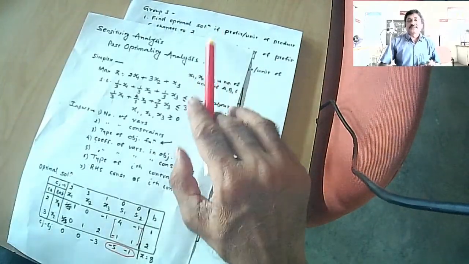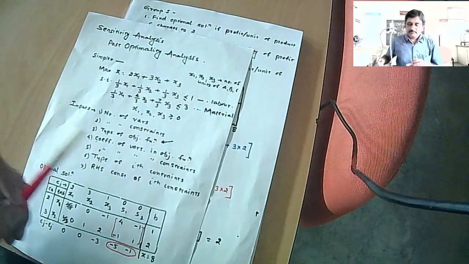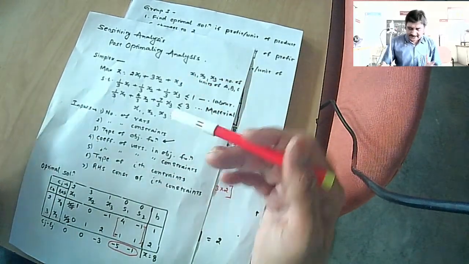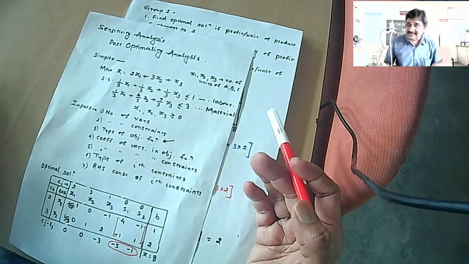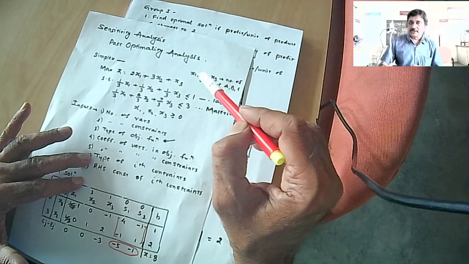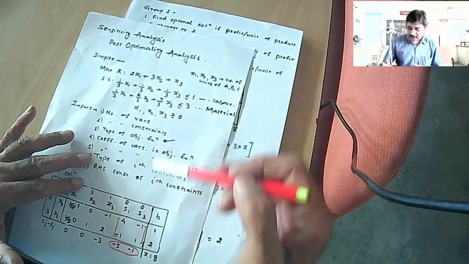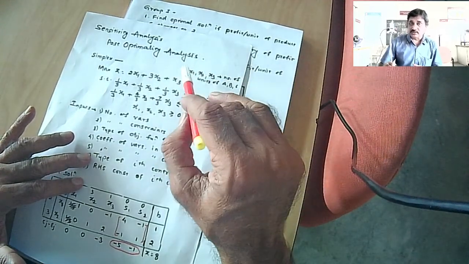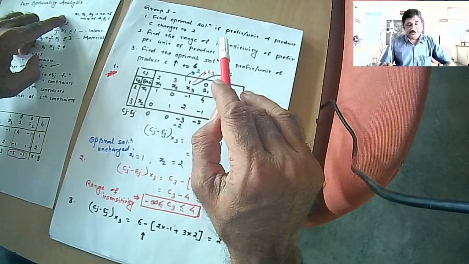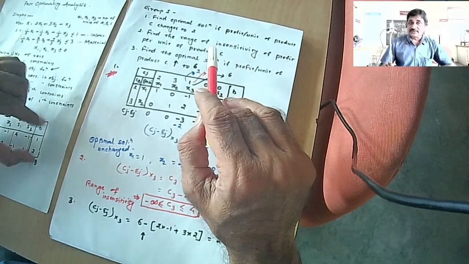Okay, range of insensitivity means if I change the profit per unit of product C from 1 to 2, and if I find that the optimal solution has not changed, then we say that that kind of change in profit per unit of product C is insensitive, or rather your optimal solution is insensitive to that change, right? So that is, in what range of this coefficient the optimal solution is insensitive, it remains the same.